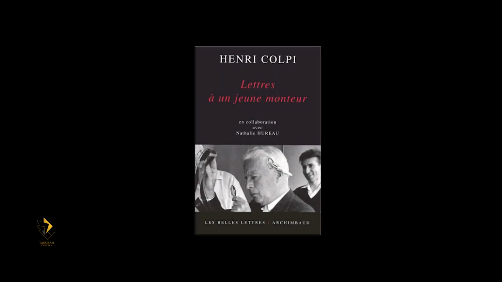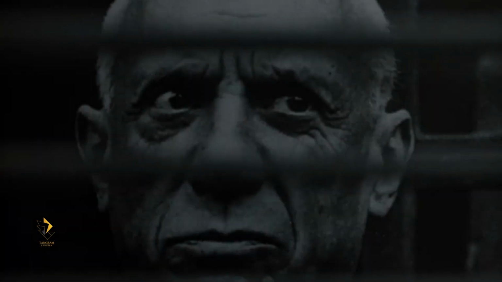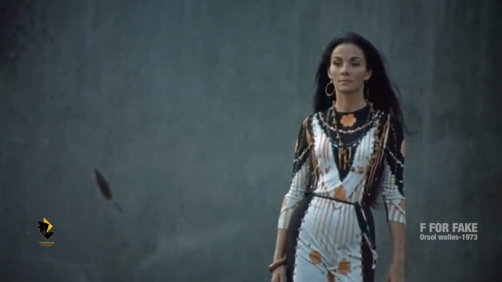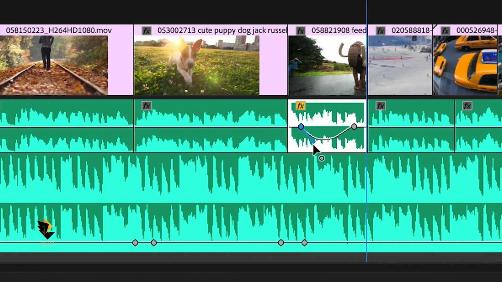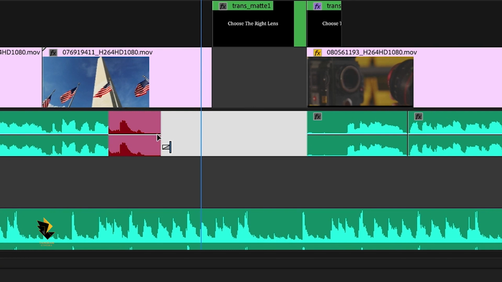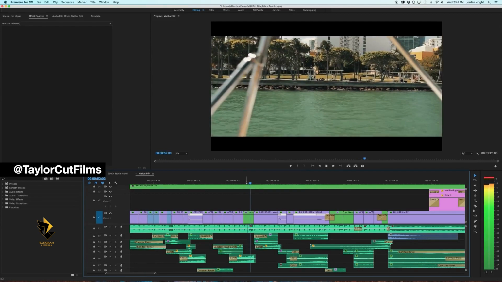The next one is Letters to a Young Editor by Henri Corpy. This book contains very useful material for editing documentary films. It explains that if there are not enough images during the editing of a documentary film, the editing process can transform marginal images into the main foundations of a film. The book also discusses sound and speech editing, explaining how factors such as narration, music, and sound effects can create a different interpretation of the image and lead the audience to a different mental and emotional conclusion.